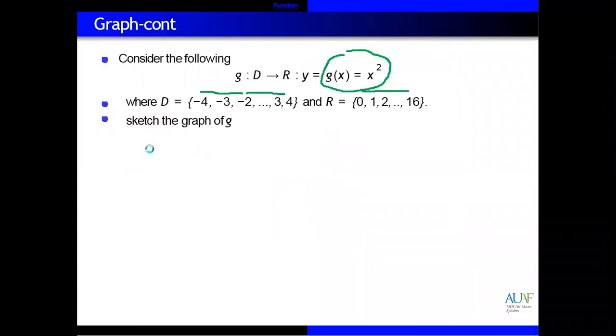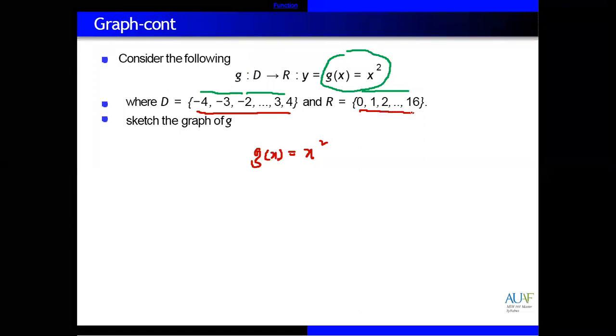So these are graph you can draw. I was talking about this one. Function is given. Main function is g of x equals x square. Domains are given. You can give values from -4 till +4, like -4, -3, -2, -1, 0, +1, 2, 3, 4. Give these values, and range will be in this one from 0 to 16.